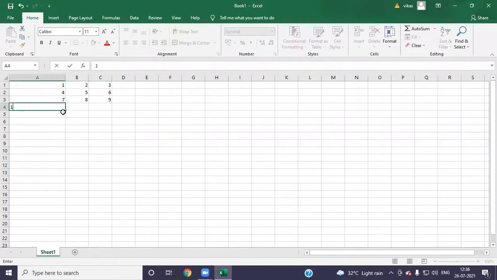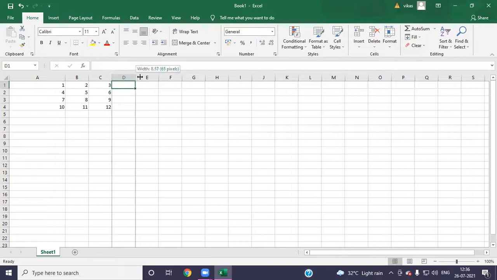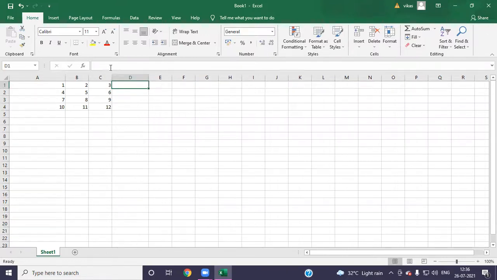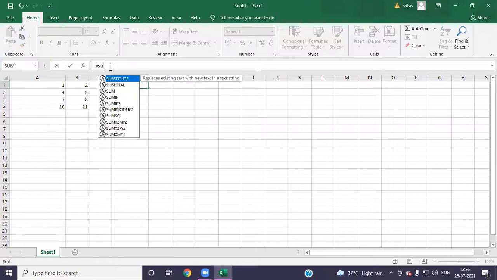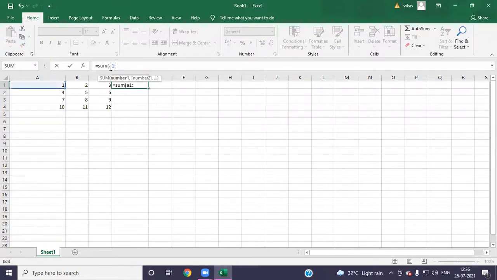Okay, and then I will write here 10, 11, 12. And I want to get the sum of these all rows here. So equal to sum A1 to C1.